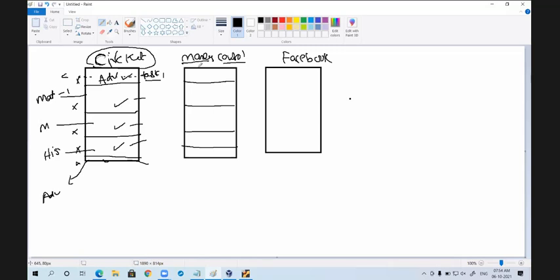Suppose you are paying your electricity bill through PhonePe or Google Pay. When you click that button to pay, can I say one small process is created in this big process? That is nothing but a lightweight process. That is nothing but a thread. All of you are able to understand. A thread is nothing but a small process in a big process.